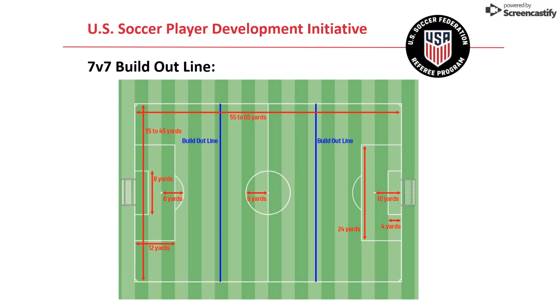For example, the modified rules recommend that the 7v7 youth games use field markings that include a build-out line. The build-out line promotes playing the ball out of the back in a less pressured setting. When the goalkeeper has the ball, either during play or for the taking of a goal kick, the opposing team must move behind the build-out line until the ball is put back in play. After the ball is put in play by the goalkeeper, the opposing team can cross the build-out line and